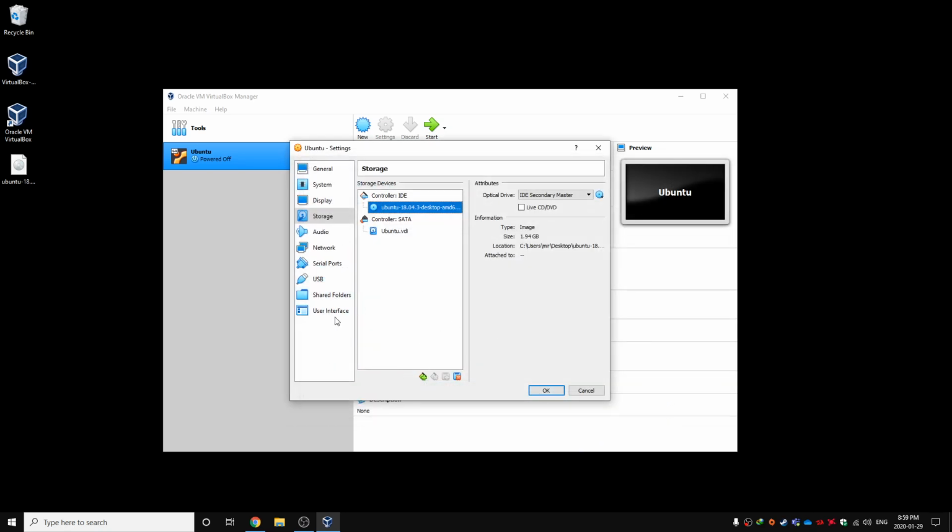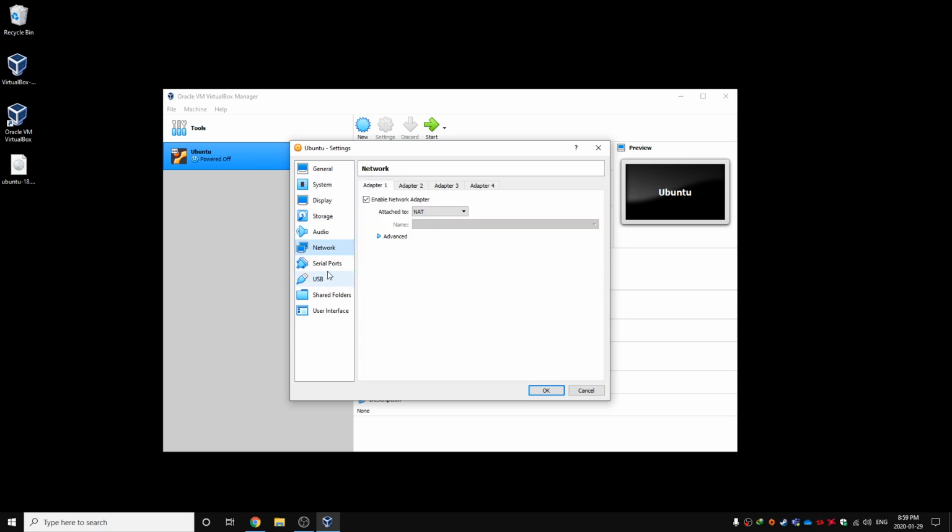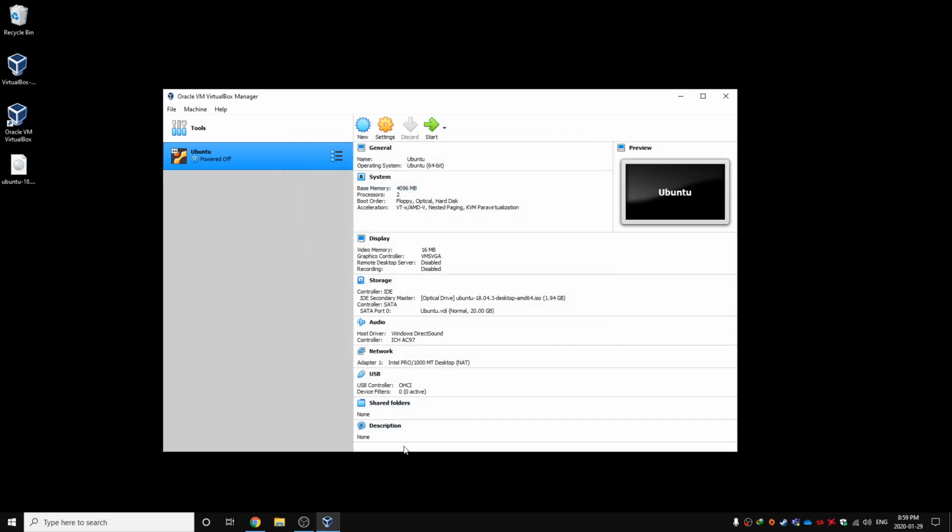So now we're done with the settings that we wanted to modify. You can actually explore the other options that are available here, but we don't really want to change them at the moment. Alright, so everything is ready now, so we can actually start